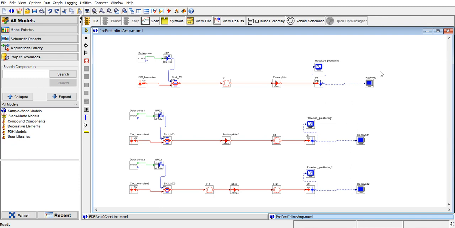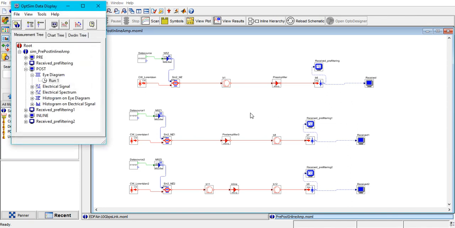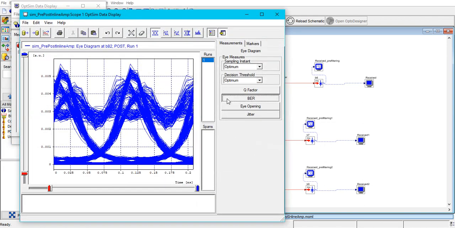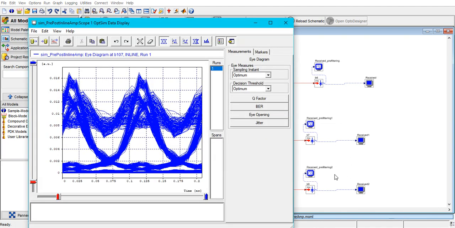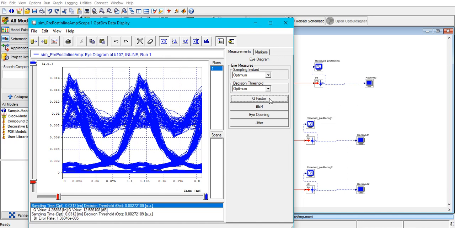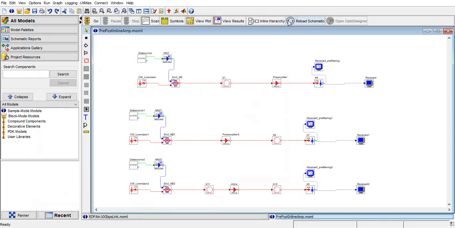If I compare the outputs in the three cases, over here you had seen the bit error rate of 10 power minus 9. Let's see the second case. In this case it comes out to be 2.9 e power minus 7, which approximates 3 error bits out of 10 power 7 bits transmitted. And for the third case, this comes out to be 1.3 e power minus 5, which is approximately 1 error bit out of 10 power 5 bits transmitted. And the Q factor also degrades. This comes out to 12.5 as compared to 15 in the first case.